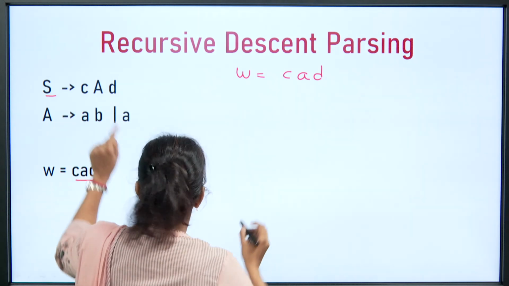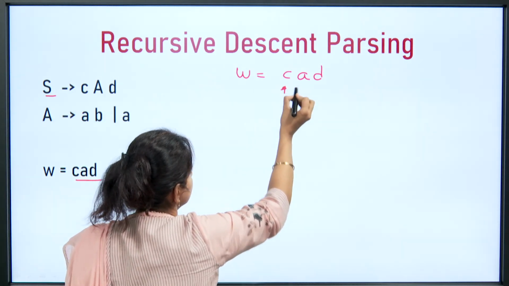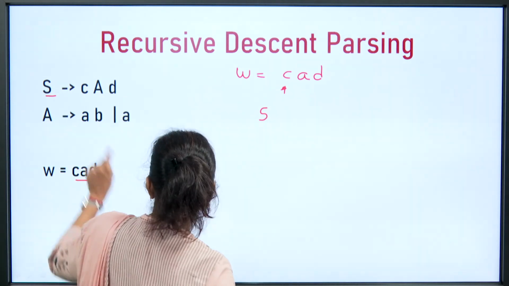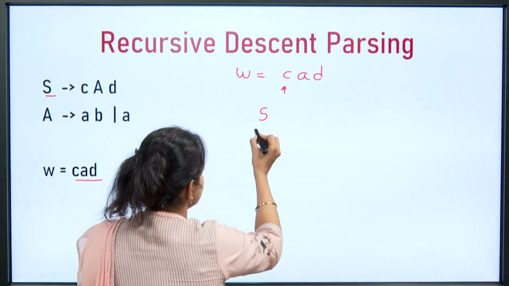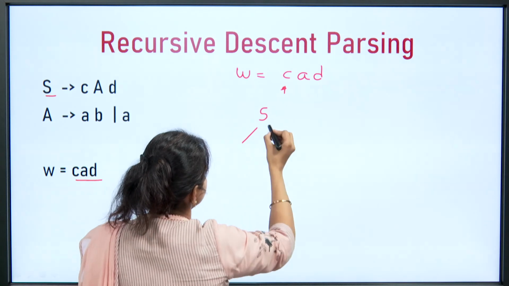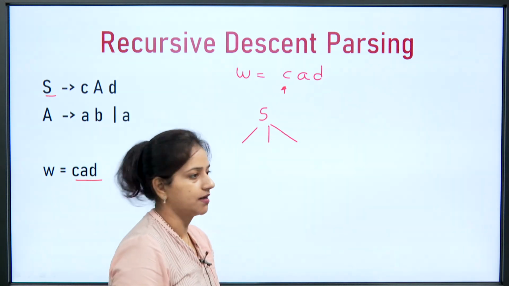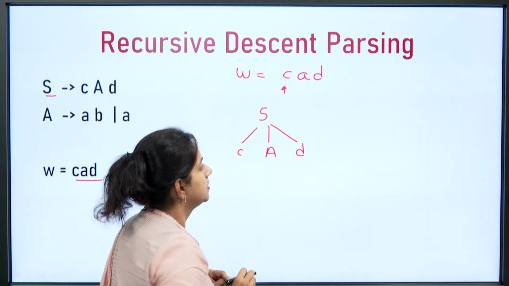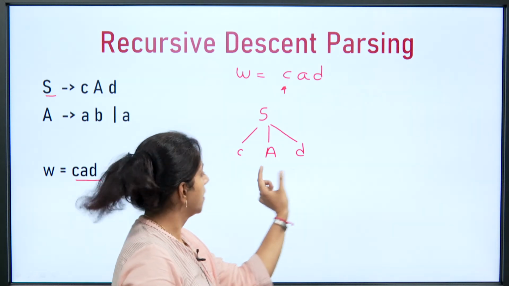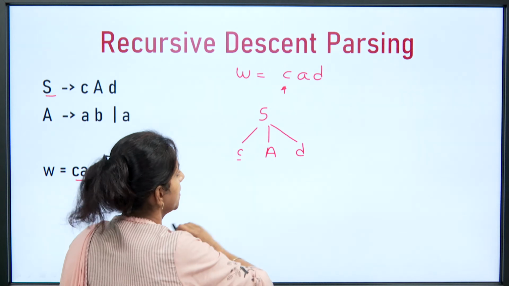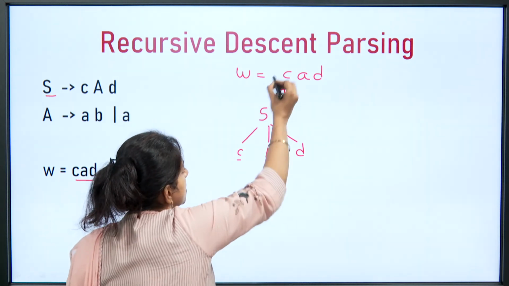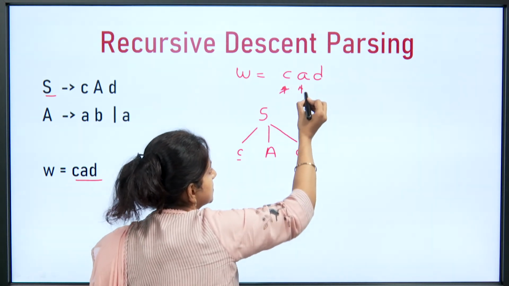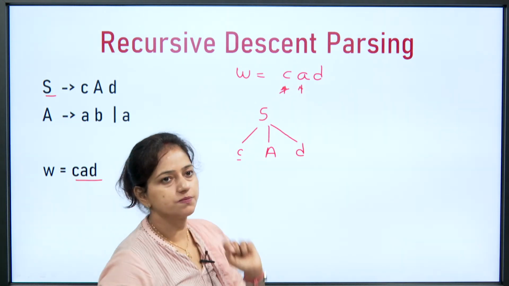Now, we will start; the input pointer will point to the first symbol C, and the first production is S. We will start with S, and S has its first alternate as CAD, and this C is matching, so we can expand it with this alternate, and we will get small c, capital A and D. Now, we look at this sentential form, and the terminal is small c, and here we have small c. This is the matching part, and because it is matched, we advance our input pointer one cell to the right, and now it is pointing to small a.